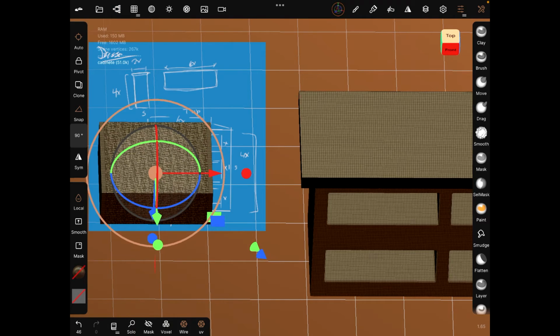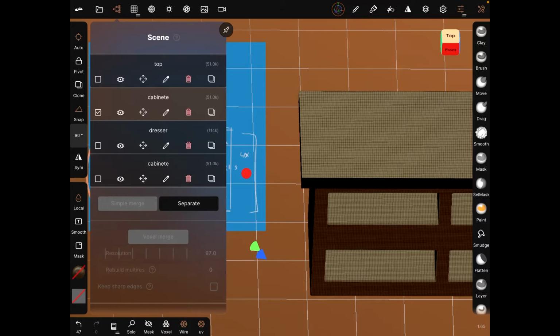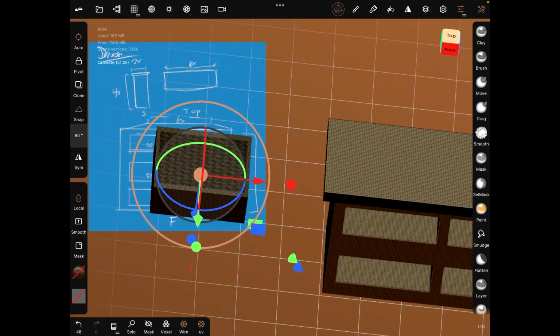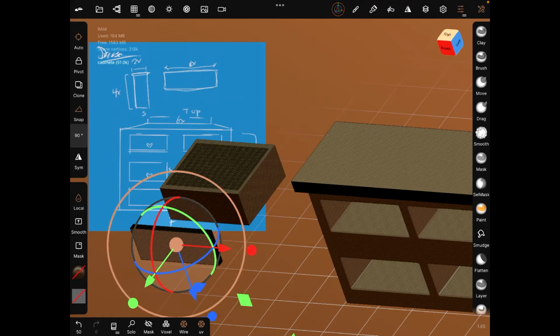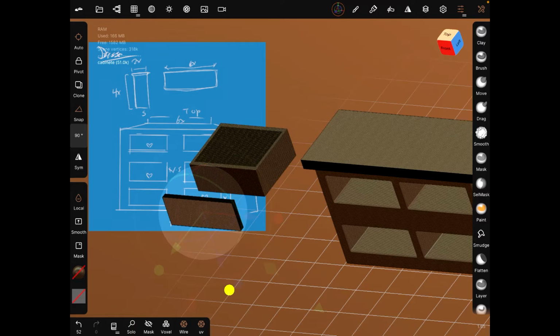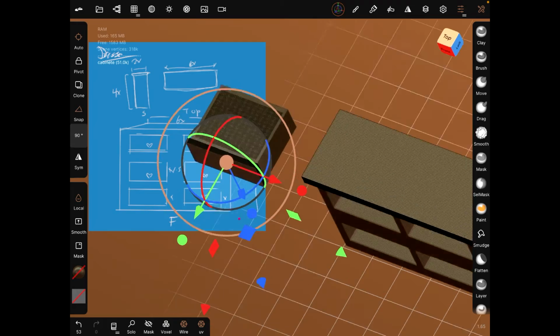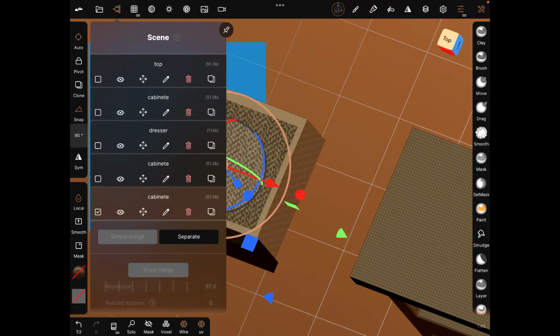All right, and then let's duplicate this. We're gonna make it smaller, much smaller, right? And then we're also gonna duplicate this again, and it's gonna go to the front because it's gonna be like, what's it called? It's gonna be the top here. Nice. Okay. So then these two,